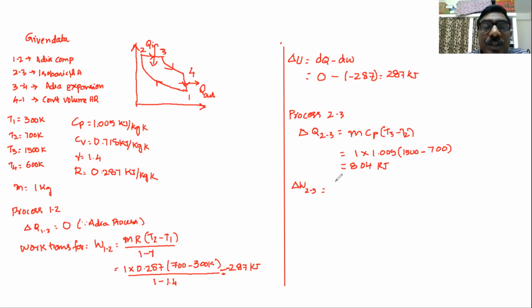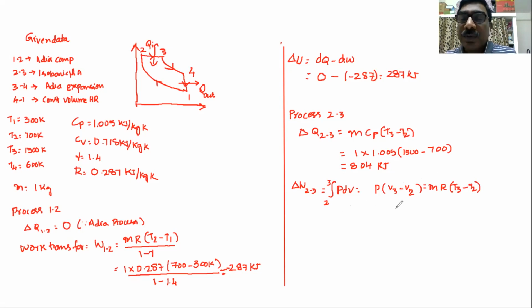So this is the constant pressure process. What is the work actually? Integral of PdV. Okay, work done is nothing but the integral from 2 to 3 of PdV. So P is constant, so it is P into V3 minus V2. Since we don't have volumes, we have the temperatures, you can as well write it as m into R into T3 minus T2.